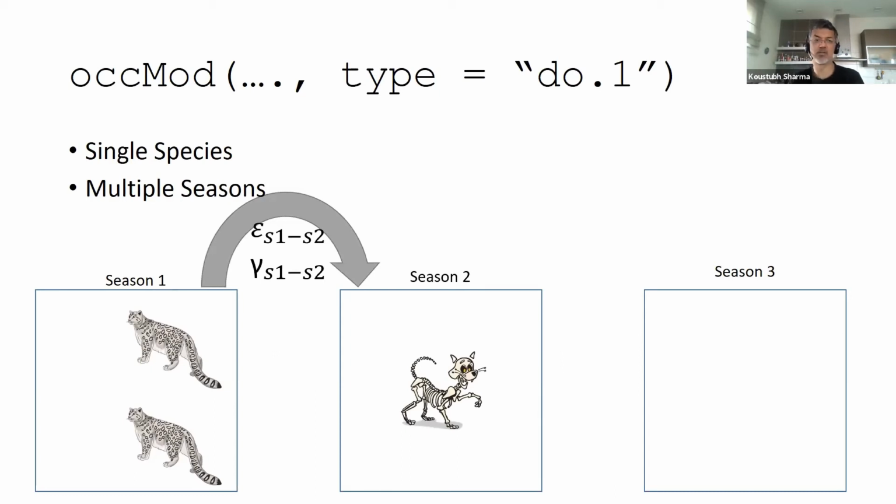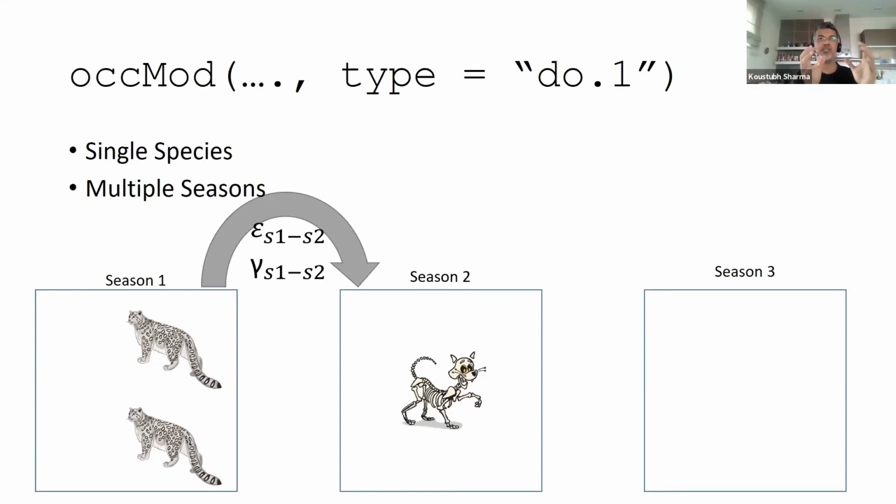And that's the parameter you see, epsilon, season 1 to season 2. That process between season 1 and season 2, let's say you're doing the surveys in June, July, August, and then the next year you're surveying again in June, July, August, then in those 12 months, actually those 9 months, that local extinction has taken place. That's the time between two seasons, which is very important to estimate. Many times we've seen analyses where you have data in continuous time. So you have year 1, year 2, year 3, and data is collected through the year.